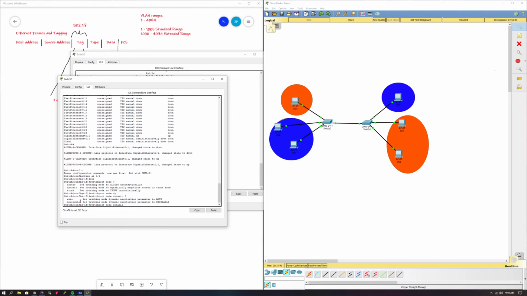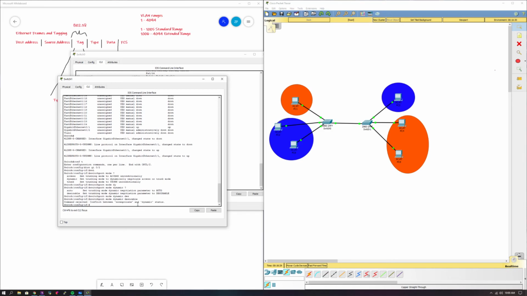So trunks can automatically link up without the use of hard configuration. If you set it to auto, and the other side is configured for an access port, it'll automatically become an access port. If it's configured for a trunk, it'll automatically become a trunk. But it doesn't start that initiation. So if both sides are configured as auto, it's not going to try to force the other side. They're both just going to default to access ports. But with desirable, if you have one side desirable and one side auto, it will